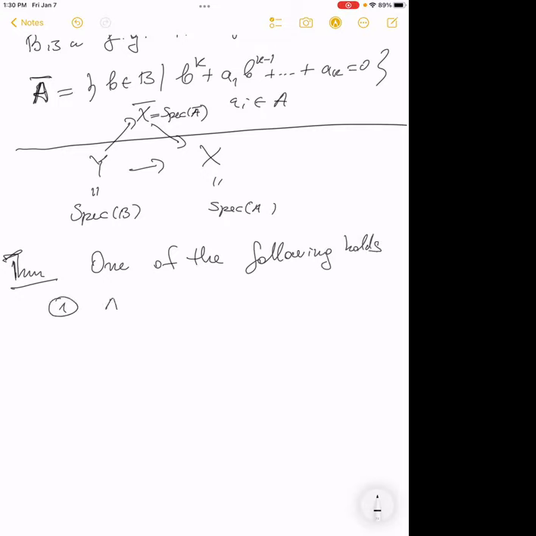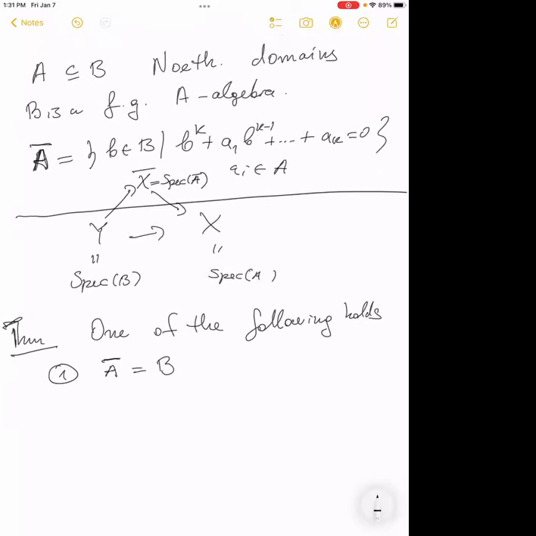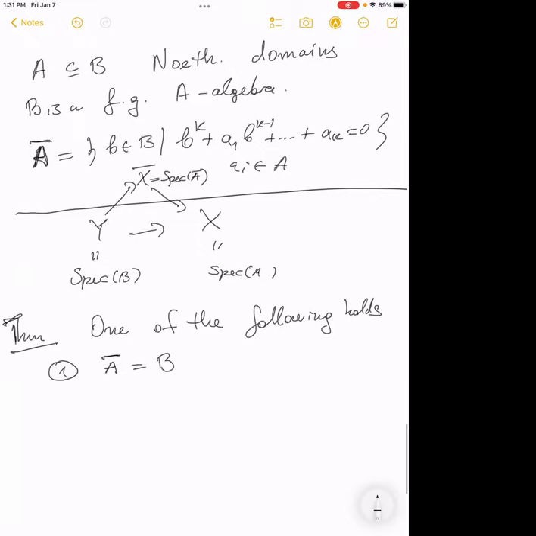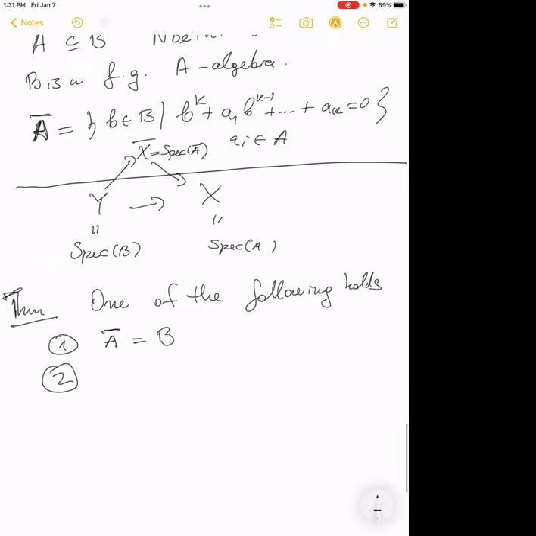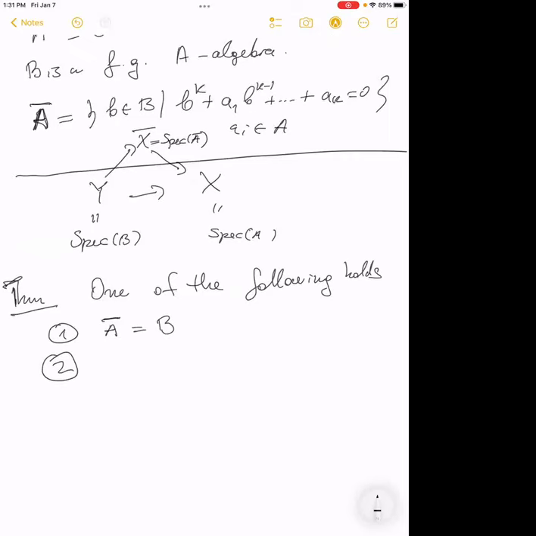So the first possible case, there are two extreme cases. The integral closure is equal to B. So B is integral over A. All elements in B are integral over A. So in this case, A bar is equal to B. That's one extreme case. The other extreme case happens, for example, when B is just like a polynomial ring over A. Like all these elements that we are adding to A to generate B, they have no relation whatsoever. So this is one instance of what I'm going to put now here. But these are two extreme cases.